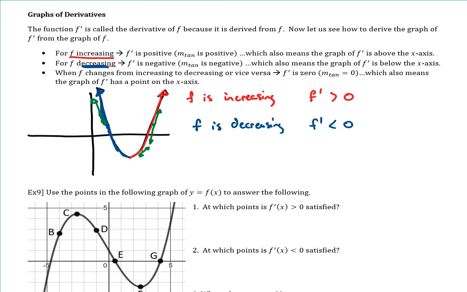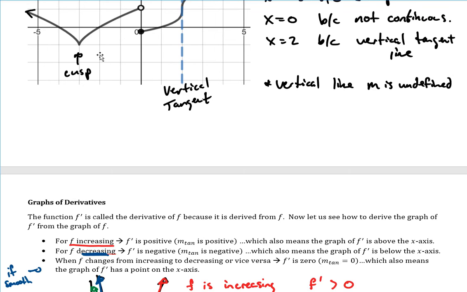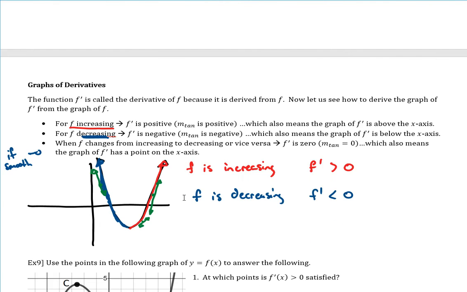Okay, and then one major thing: when f changes from increasing to decreasing, or vice versa, decreasing to increasing, then our f prime is 0. The reason for that is, well, this is if it's smooth. So if no corner point occurs, those rules still apply. Like on this one, it did go from decreasing to increasing, but there was a cusp there, so we have an issue there. However, on this problem with a nice parabola that's nice and smooth,